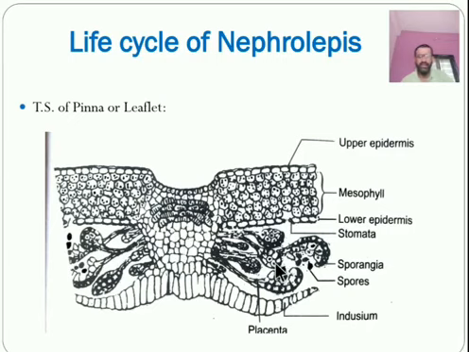First one is the upper epidermis. It consists of a single layer of compactly arranged brick-shaped cells with chloroplasts, and the outer wall is cutinized. It is distinguished by the presence of hydathodes on them. Hydathodes are shallow depressions above the vein ending, in the absence of stomata.